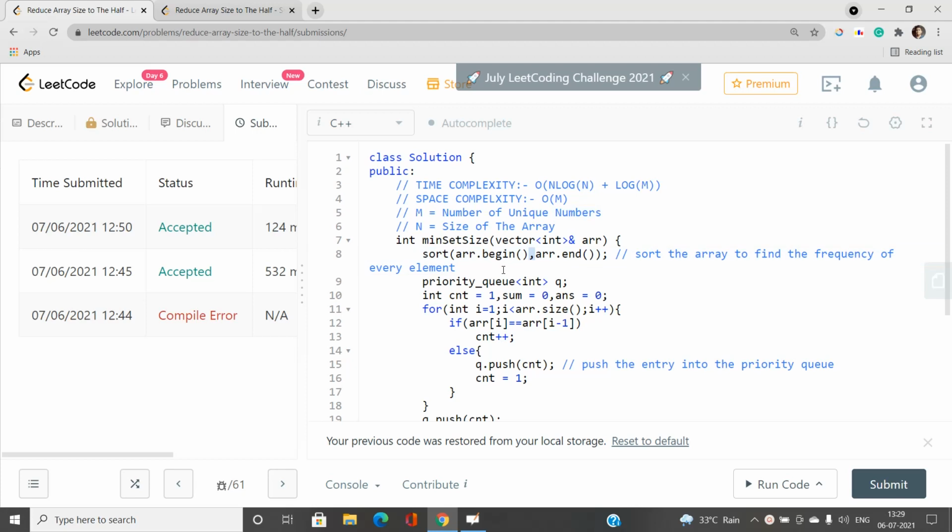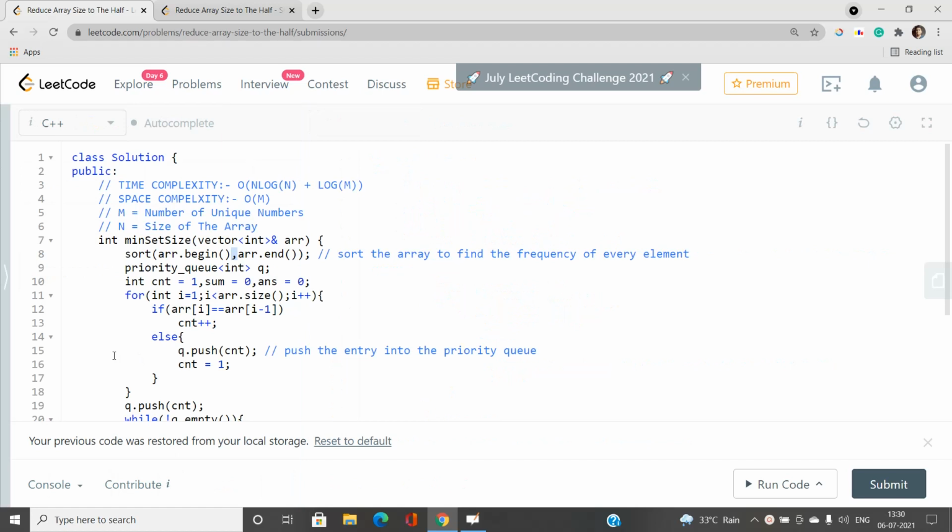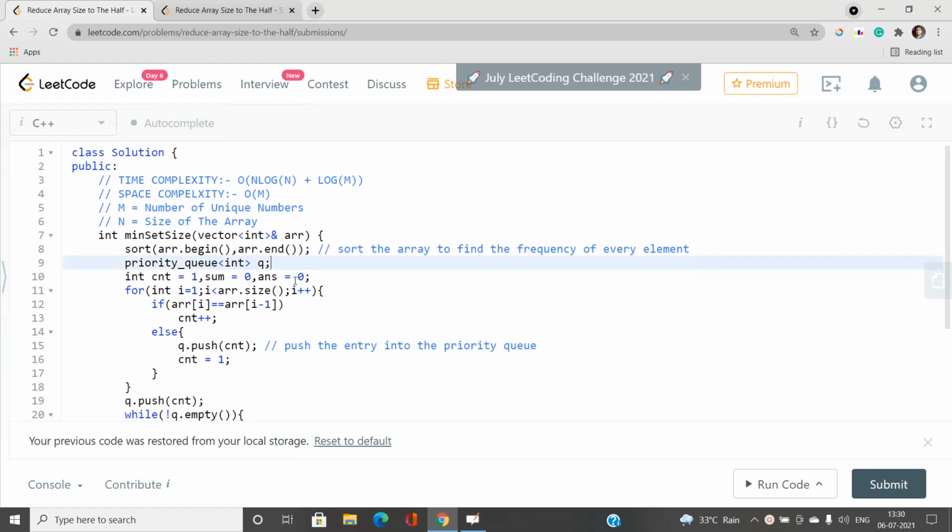You cannot avoid sorting, and then you are going to maintain an unordered map, or use some hash map, and process the frequencies, right? You can also use a linear array. First, I used a linear array of size 10 power 5 and sorted that on the basis of the frequencies and then processed the elements. You can also sort this array, and how is the sorting going to help us find the frequency of a certain distinct element?